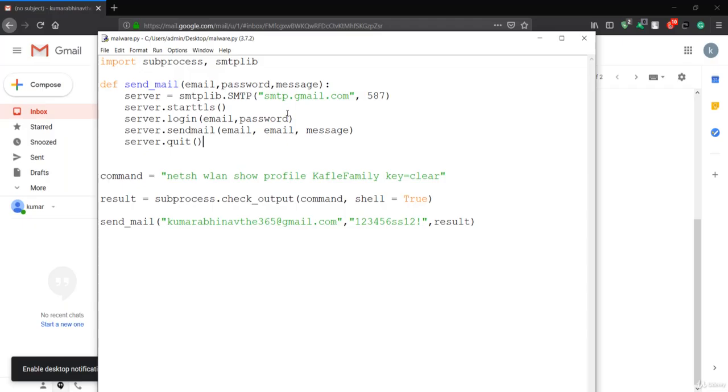In this case we are not using the socket programming that we used in the previous section, which was making the backdoor, but here we made use of the send email, that is the Gmail server, which is this protocol, and this is the port that the Gmail server will be running on. We just use this login method and the sendmail method, which is going to take this email, and you can see this is the email, but you can also see the password that is going to work in both cases, and you can see the command that is going to execute with this check_output.